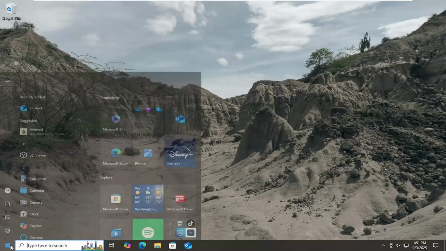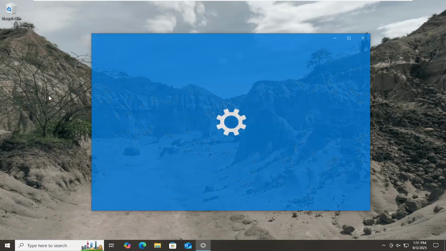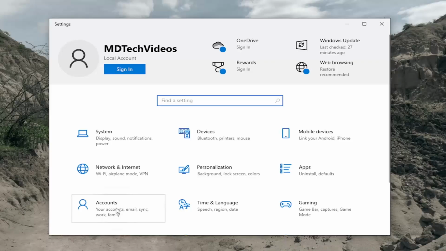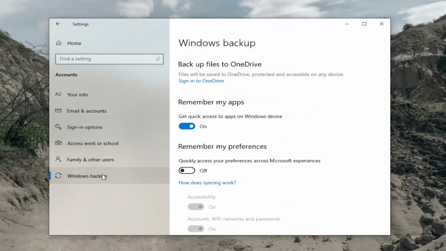So all you have to do is open up the search menu and type in settings. Best result should come back with settings. Go ahead and open that up. And now you want to select the accounts tile. On the left side, select Windows Backup, and then on the right side where it says Backup Files to OneDrive,